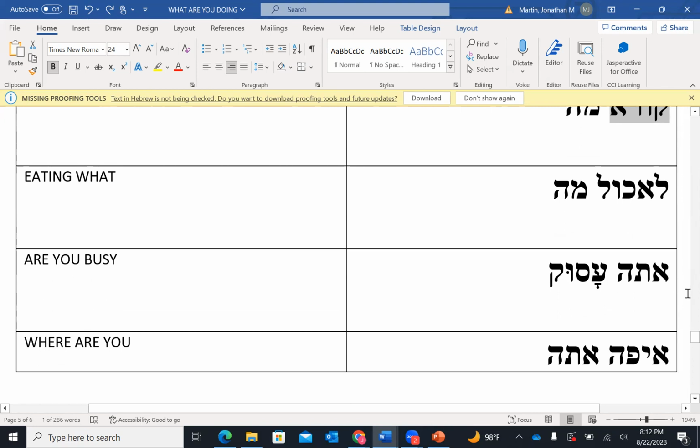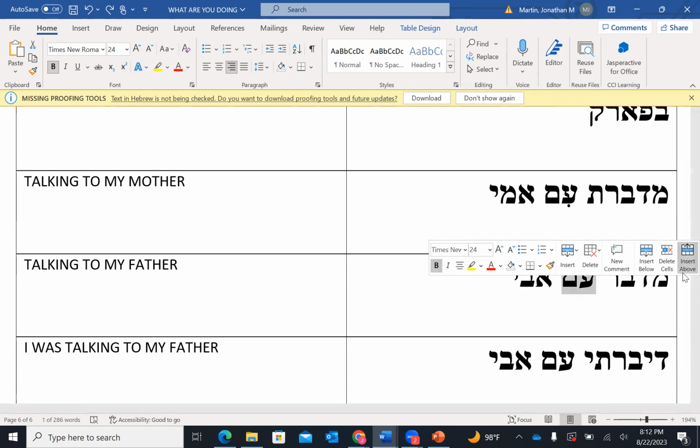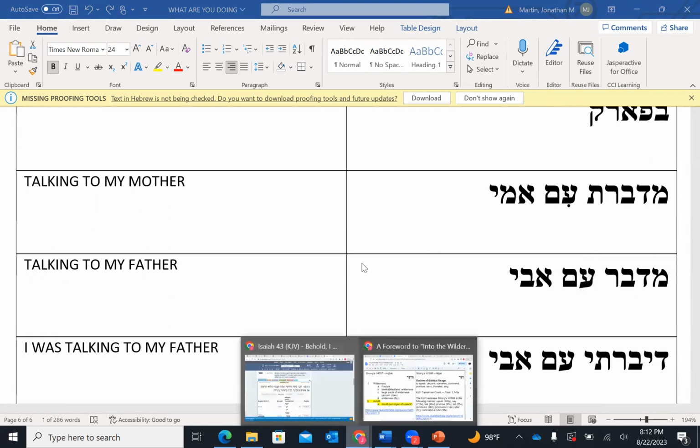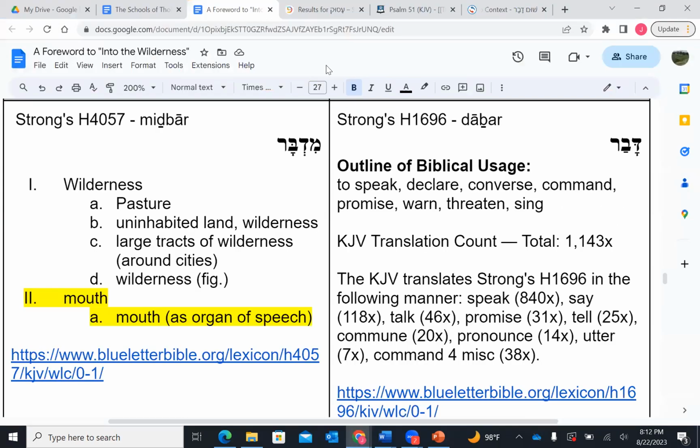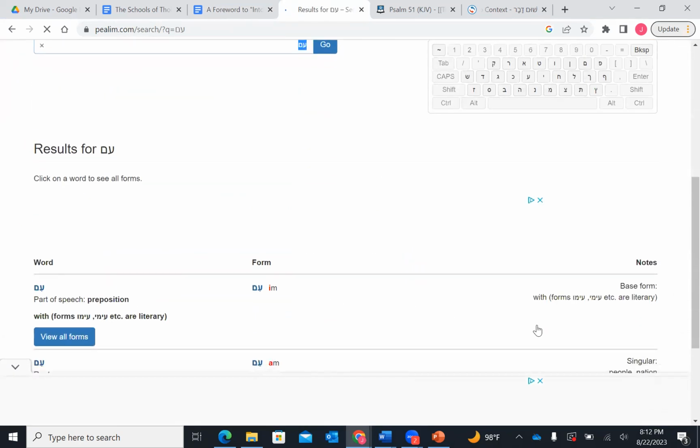Yeah, but like I say, if you need the nikud, or if you're sitting at your computer and you come across a word and you have no idea what it is, let's say for instance, just copy and paste it, throw it into this software right here, and this one does a really good job of telling you what a word is.